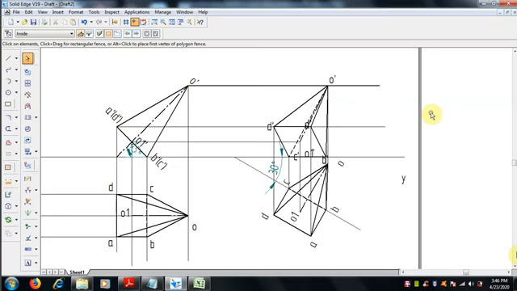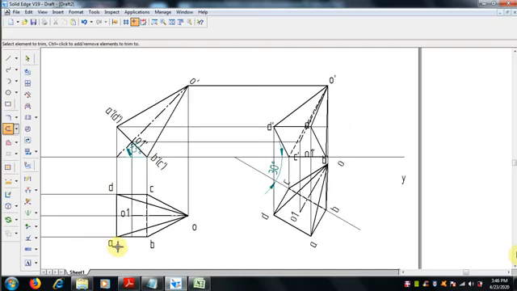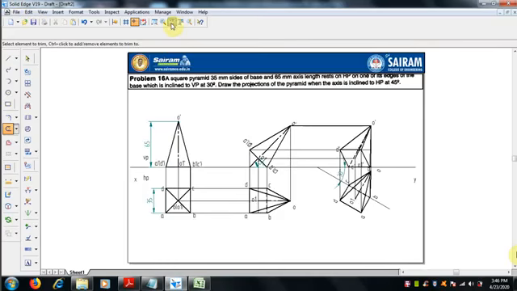Okay, now unwanted lines we can trim off, and the problem will be over by showing the inclination and the front and top views. So all these unwanted projected lines can be removed, and show fit. So this is the final solution. Pyramid of 35, 65 and inclination 45, 30.